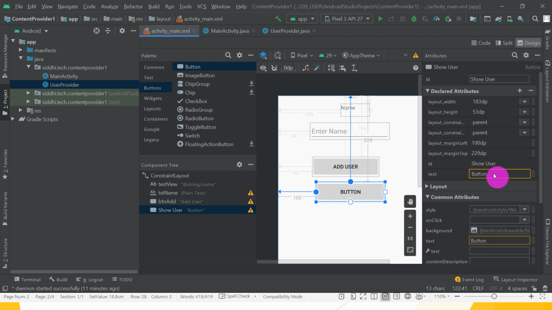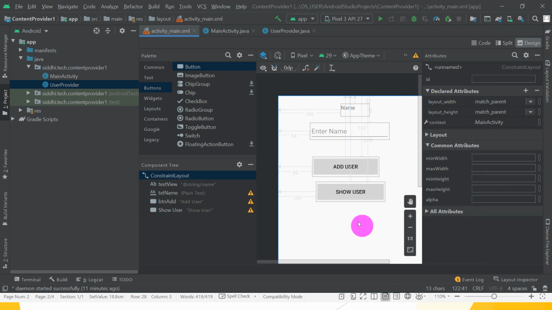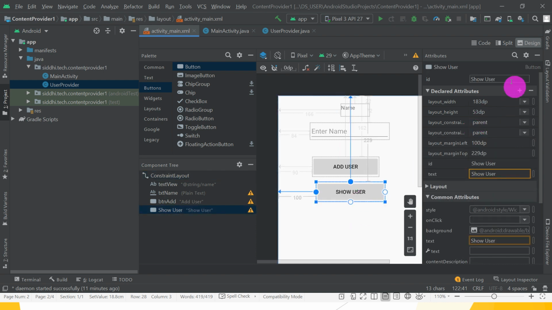Okay, text is show user. And what is the ID? Give the ID as btn retrieve. btn retrieve. Okay, great.